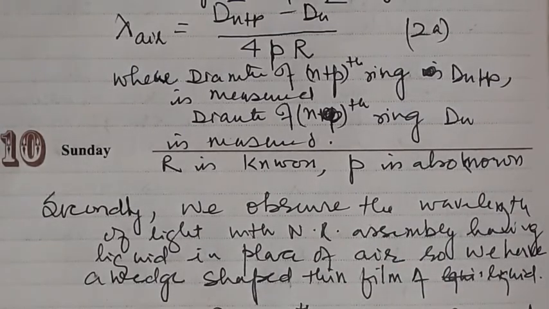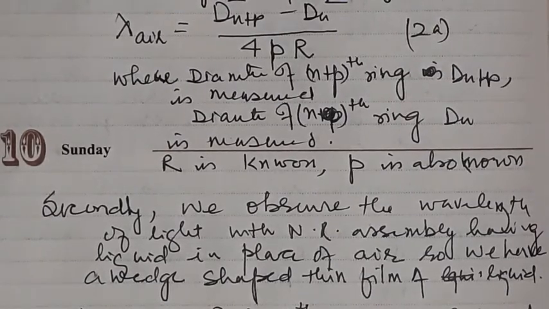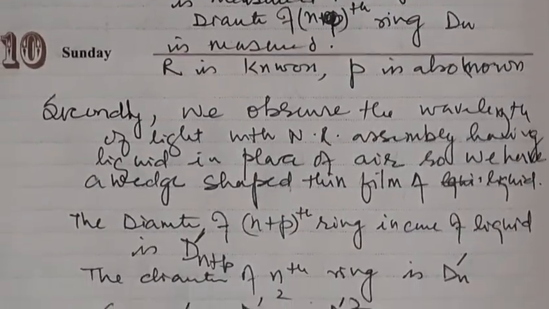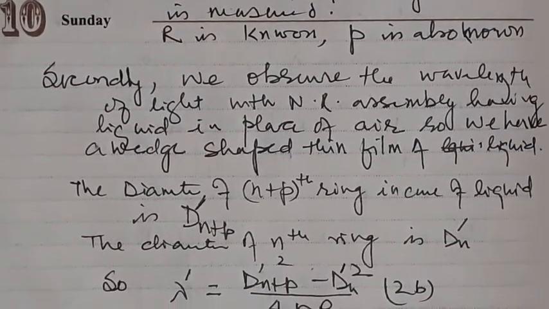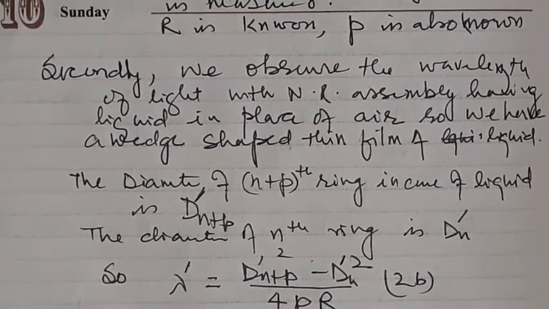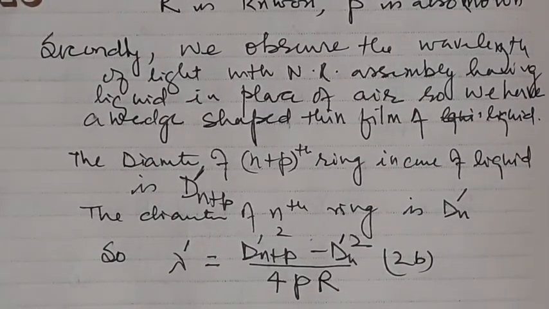After introducing the liquid in place of air, the diameter of the fringes is decreased for the same values of n plus p and n. So the values of D(n+p) dash and Dn dash are measured through the microscope,